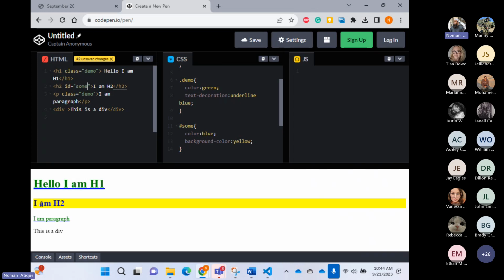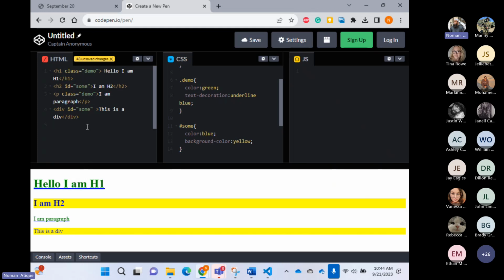Now, see here, it is a blue color. Remember, ID style is just defined to be used once on the web page, because on a web page, ID should be unique for every element. Daniel, does that make sense? So if you have defined this hash, even though HTML is so friendly, if I say ID is equal to sum, I can do that, and it will never give me an error. And it has given that also blue. But